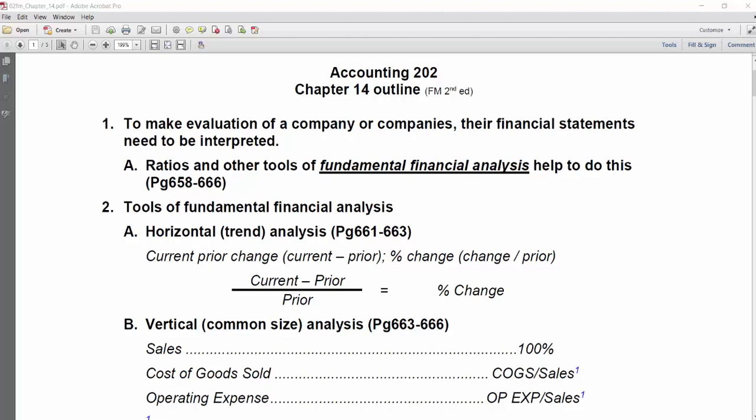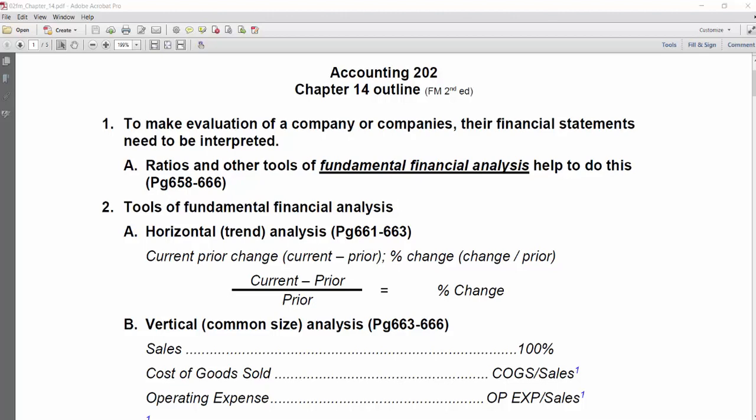Next, you have vertical or common size analysis. A common tool of this is what's known as common size financial statements. So that could, for example, take something like CVS drugstores and compare them to, say, Walgreens. And even though the dollar amounts of sales or assets and so forth might be vastly different, once placed on a percentage only basis, you can take a look at the inner workings of how the company is structured and